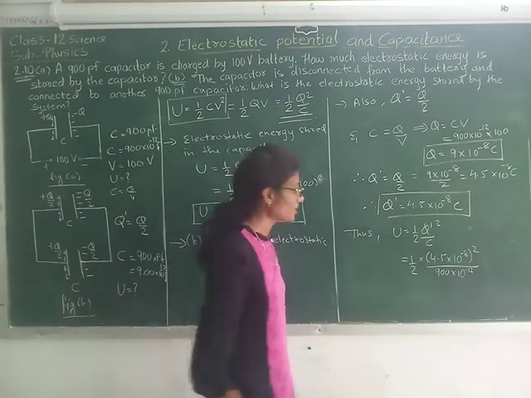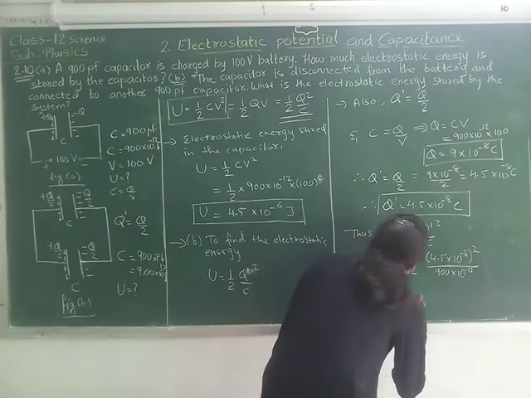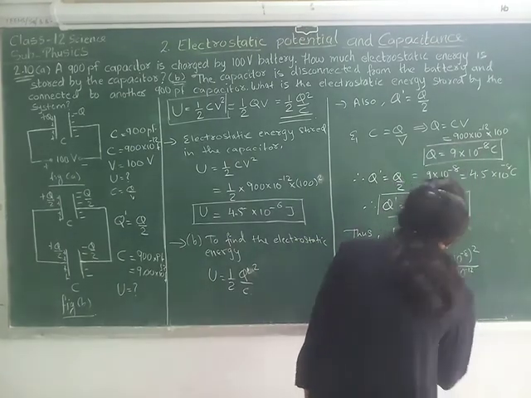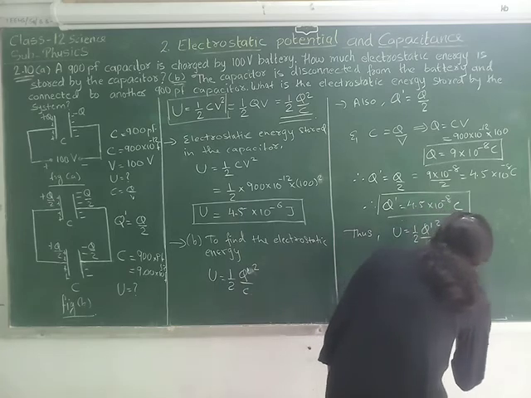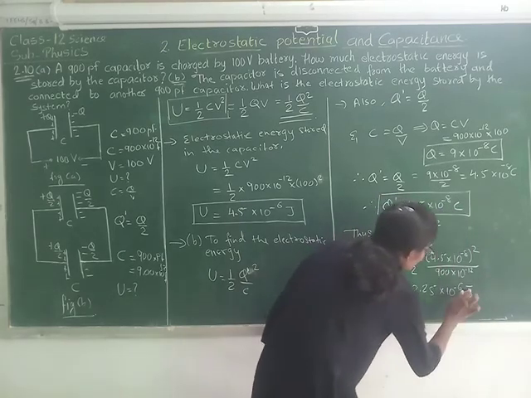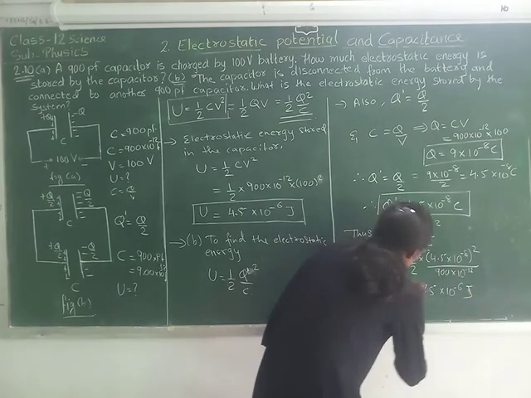When we calculate this, we get the value as 2.25 into 10 raised to minus 6 joule. So the electrostatic